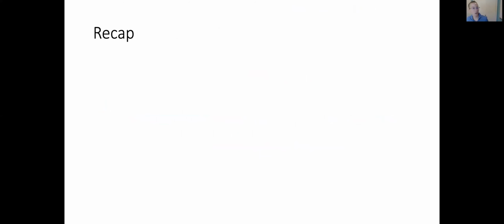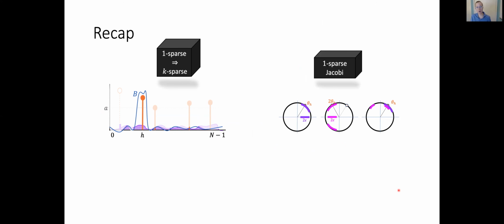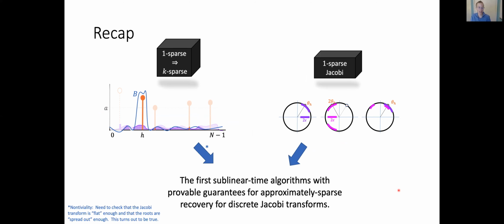Okay, quick recap. We have this reduction from one-sparse to k-sparse, which works for any orthogonal polynomial family. Then we gave a one-sparse solver for the Jacobi polynomials, or for the Jacobi transform. And together, these give the first sublinear-time algorithms with provable guarantees for approximately sparse recovery for discrete Jacobi transforms, at least under some assumptions,